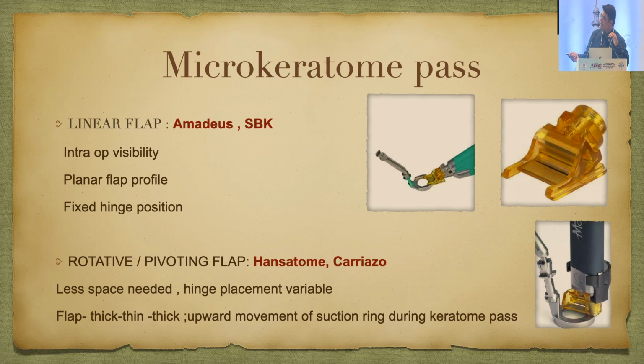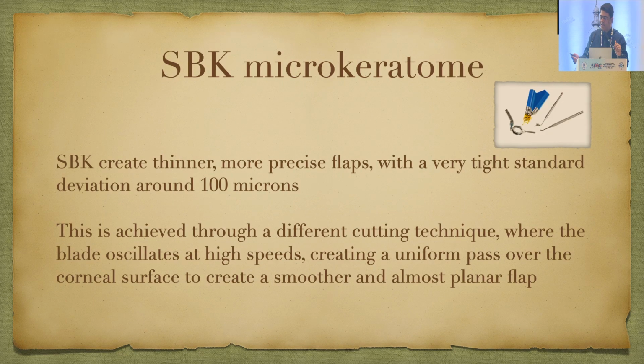Whereas in the rotatory system like the Hansatom, you can't really see what's happening down below. So this is the Hansatom or Chiron Hansatom pendular keratome. As I said, nowadays almost everybody has moved to the SBK microkeratome, that is a thinner flap LASIK. The advantage of this is that the flap which is made is around 100 micron thick,